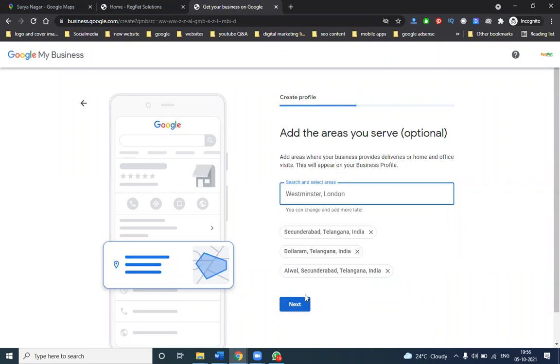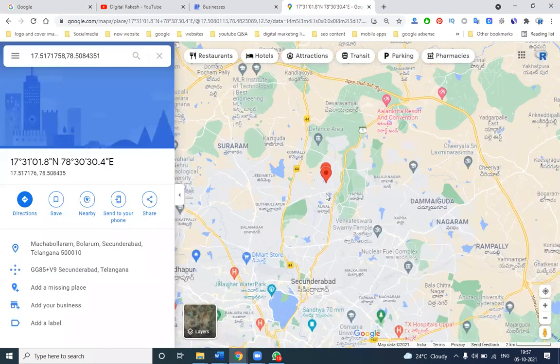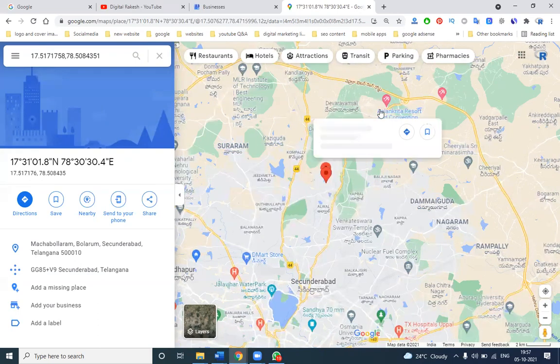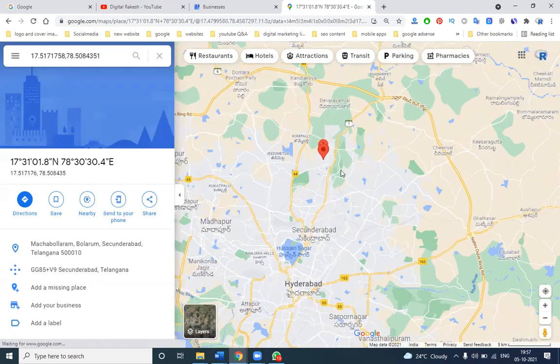So now we are adding only a few areas here, but you can target up to 20 nearby areas. Suppose you are in Hyderabad and your location is Koti. Near Koti are Abids and Krishnagar. You can add 20 areas, and then your map will target up to 20 nearby areas. Which area will be followed? Here is the option. You can add anything from here. Based on the maps, you can check what locations are nearby and add them here. Is it clear? Suraram. All the options are here.